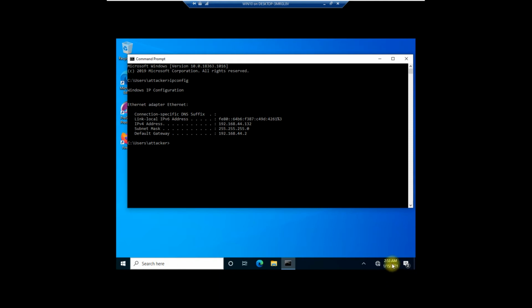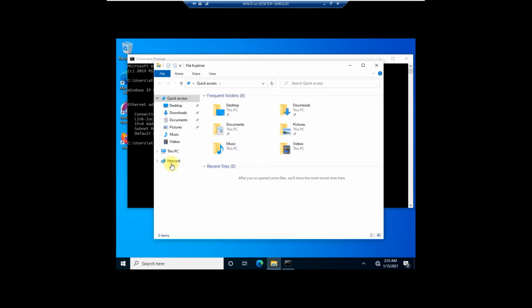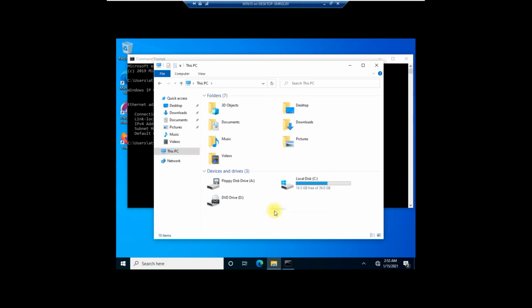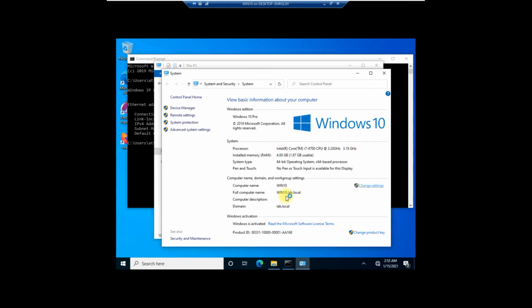For the host name, we simply have to go over here and change the host name. When you open the properties you may get some default name over here, so you simply have to mention it as Win10 and it changes automatically. It may ask for a restart and you have to restart the system, and then it will reflect the host name you have defined.